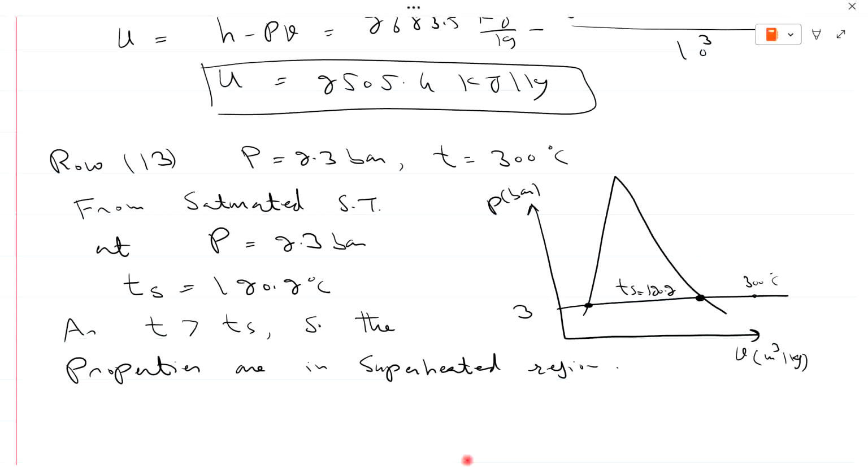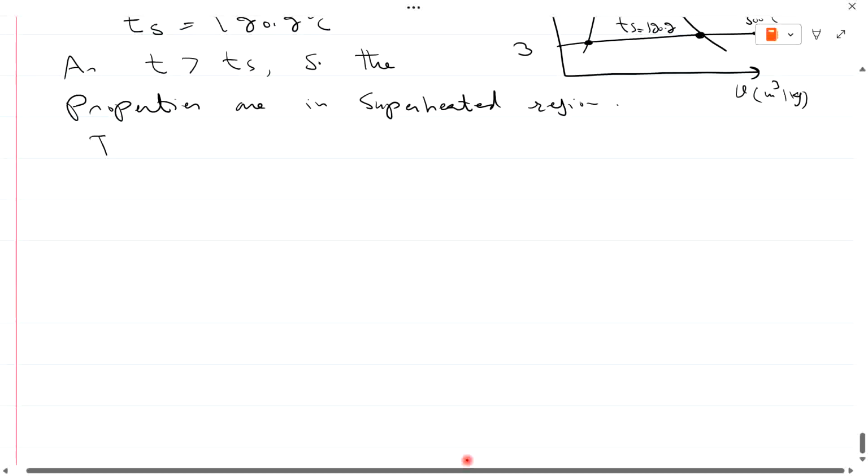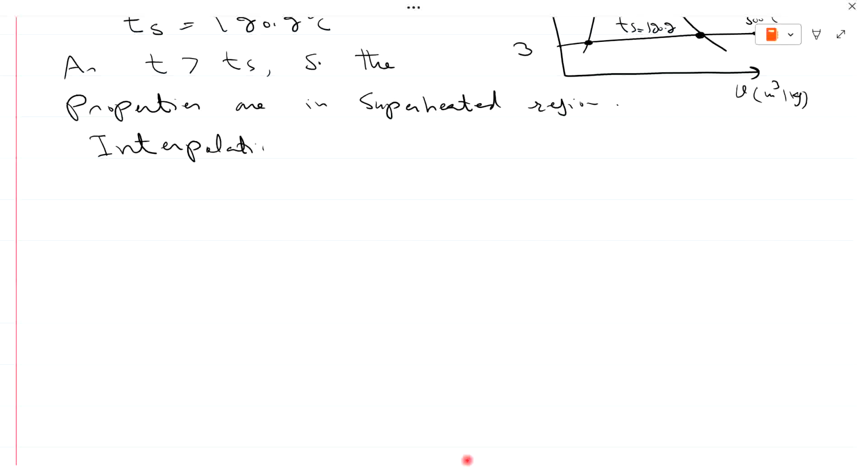And pressure 2.3 bar is not available in the superheated steam table, so we will do interpolation. So pressure in bar, 2 bar is available in the steam table and 3 bar, but 2.3 is not available. So we will do interpolation at this temperature. Specific volume in meter cube per kg from the superheated steam table at pressure equal to 2 bar and temperature equal to 300 degrees centigrade